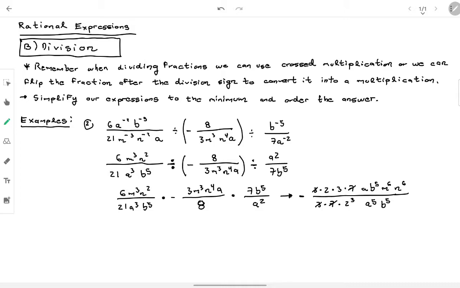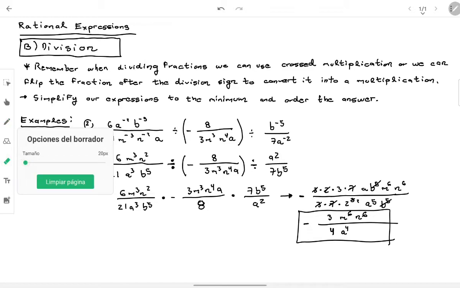So it's going to be here 2 squared, 2 cubed, 2 squared. Here it's going to be 2 squared, that it's going to be 4. So it's going to be minus 3 over 4. Let's see what about the letters. b to the 5, b to the 5 disappears. a, it's bigger on the denominator, so 5 minus 1 is going to be 4. m, it's only on numerator, so this one will be an actual final answer for